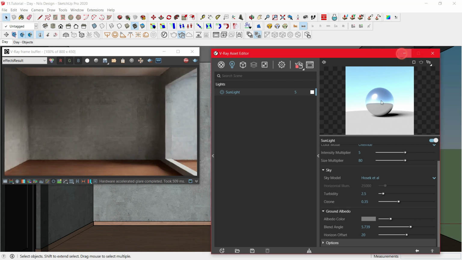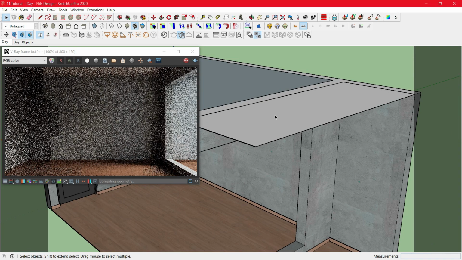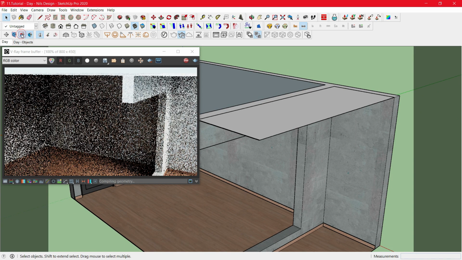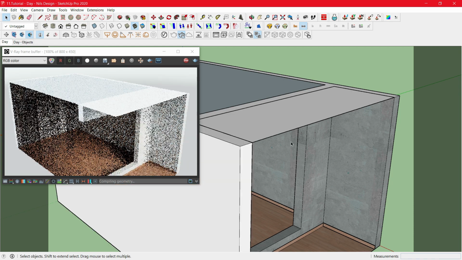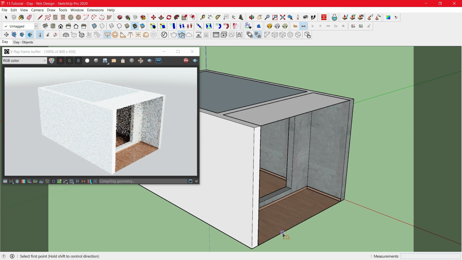Now I will just minimize the asset editor and go outside of the scene. Disable the section cut and I will select rectangle light. Then just hold shift, click the endpoints outside the window and give it a direction, then another left click.